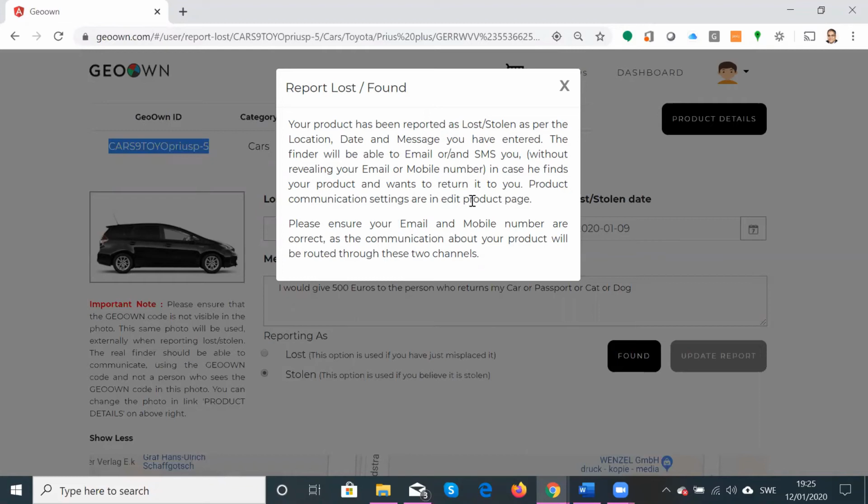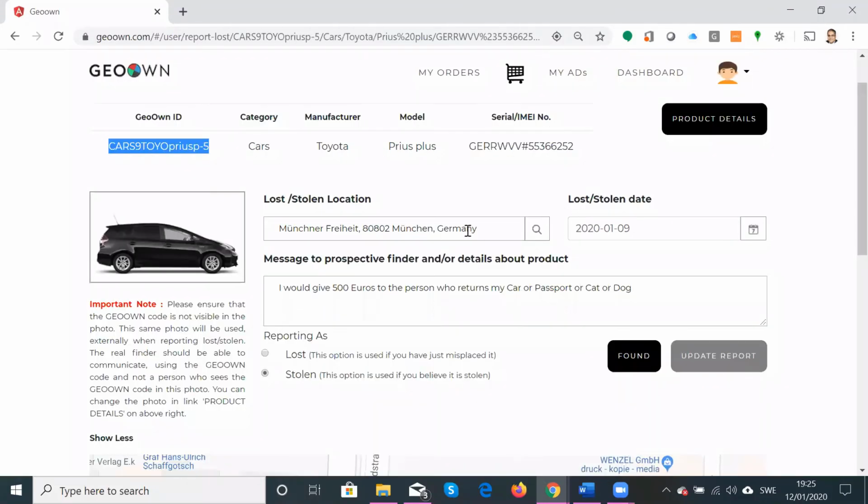So basically he is going to communicate with you through this code in case he finds your product and wants to return it. Product communication settings are in the edit product page. You need to ensure that your email and mobile number are correct, as communication about your product will be routed through these two channels. So once you have done that, the data is public. And when someone has returned it to you, you can